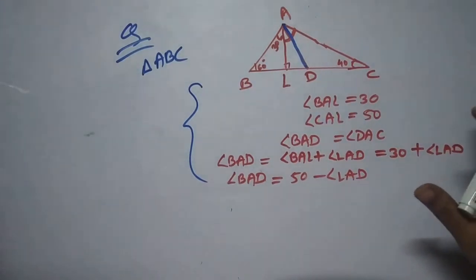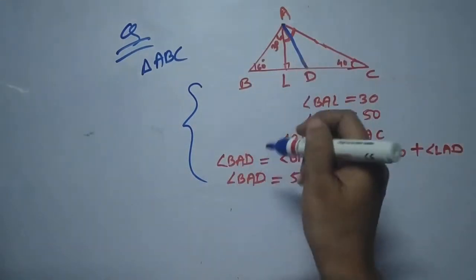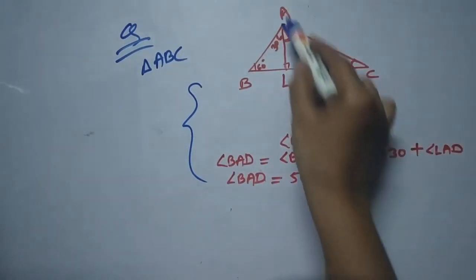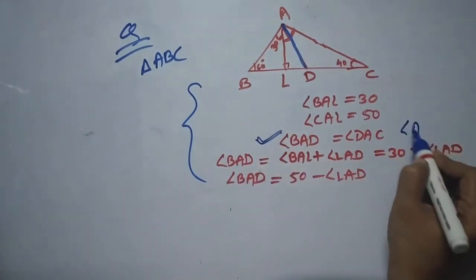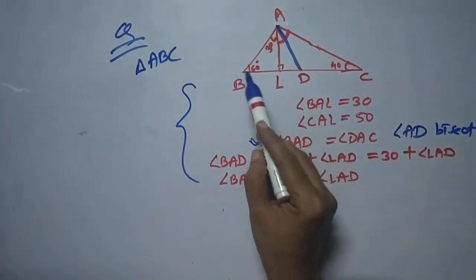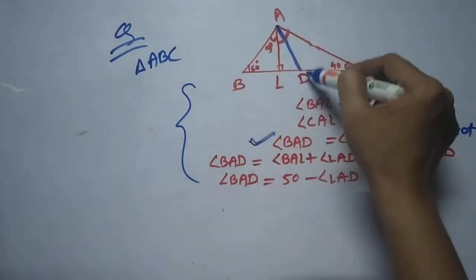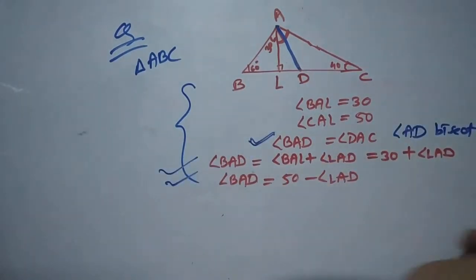AD bisects angle A. AD bisects angle A means this complete angle A is divided into two parts. This is BAD and this is DAC, which is going to be equal. This is a point. Why? Because AD bisects it. So because AD bisects, this BAD angle is equal to DAC, and we have given these two information about